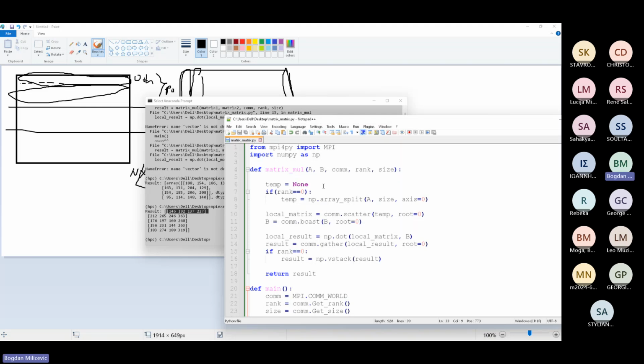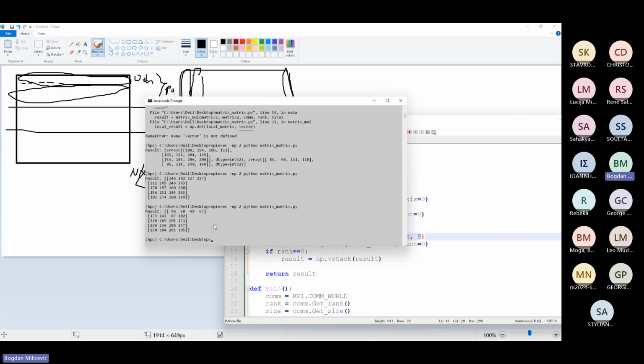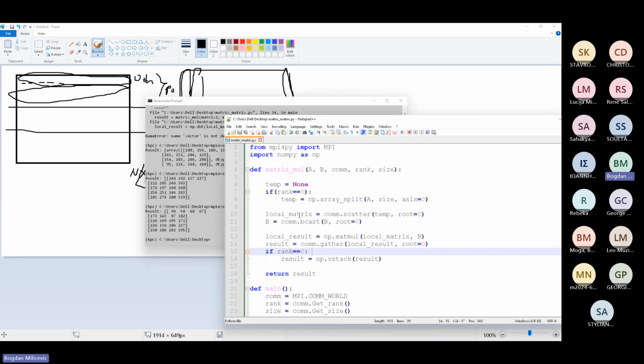So there is not a lot of difference, but here I prefer to use matmul for multiplying two matrices. Of course, it will work in both cases. It will work with dot, so we do not have to change that, but that's okay. What we could do to make this more efficient is decompose. We only decomposed one matrix A here. We could decompose both, or we could decompose in a different way, but